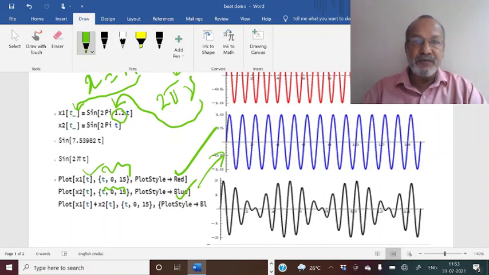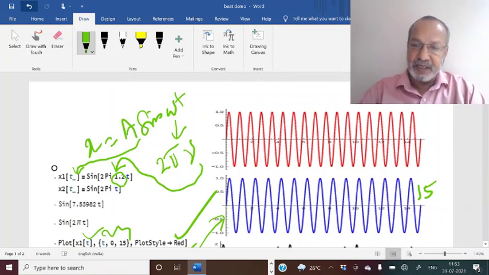Since frequency is 1, there is 1 oscillation per second, so in 15 seconds, if you count 1, 2, 3 like that, you will have 15 oscillations.